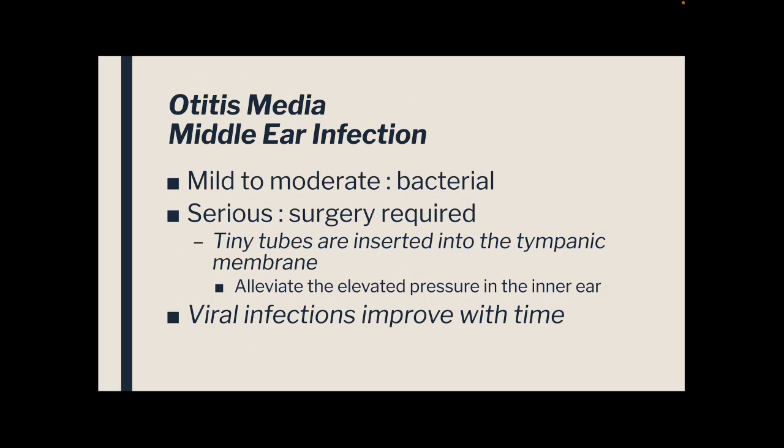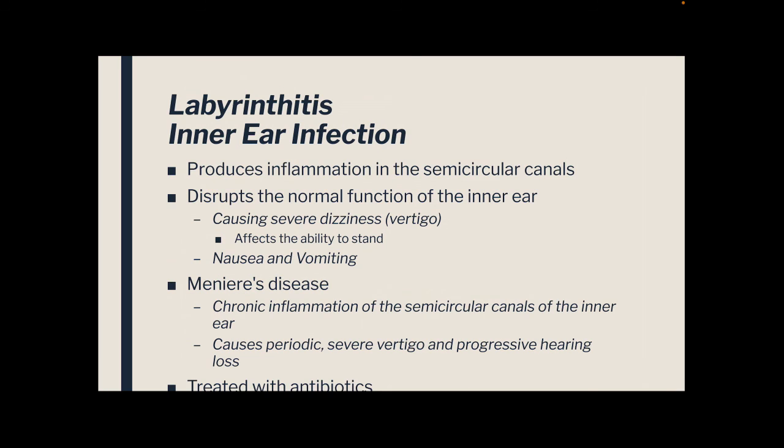Usually the mild to moderate level of this type of infection is caused by some kind of bacteria. Sometimes if it's very severe, like a lot of kids are getting continual ear infections, they do put small tubes inside of your tympanic membrane, which is your eardrum, and it can relieve the pressure that is inside of the ear. And then usually the tubes will just fall out. And then if you have a viral infection in your middle ear, it will improve over time. Okay,